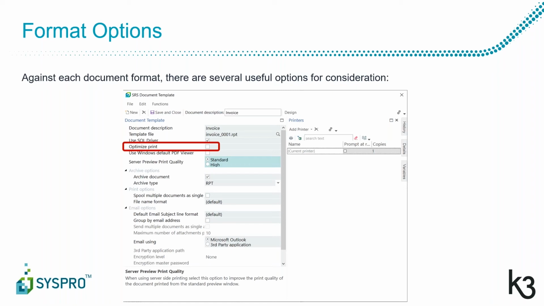So that can greatly improve performance on printing. The default Windows PDF viewer means I can open reports using Adobe or Chrome rather than the Crystal viewer. Archiving, I'm going to talk about a bit later because it's very useful within SYSPRO. But essentially, to turn archiving on against the report, I must select it here and then select the archive type. I can either choose an RPT file, which is what Crystal is used to running, or a PDF, or both